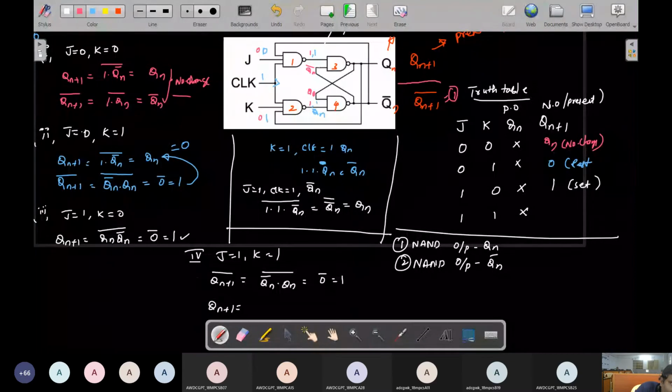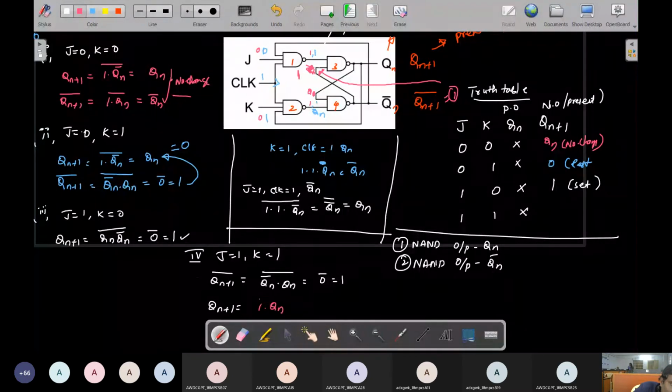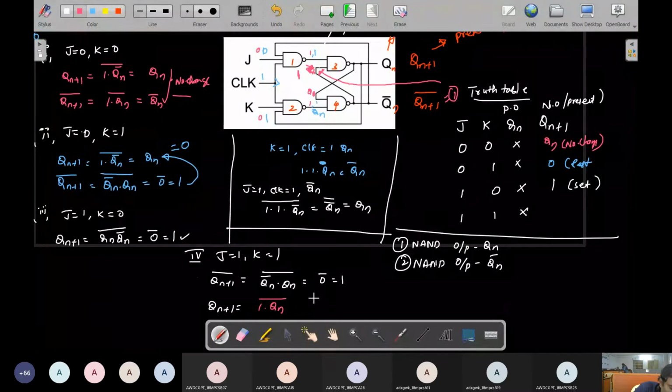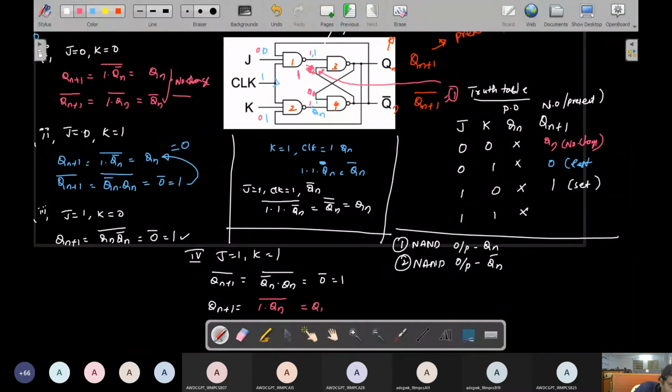Now this one will be transferred to this position. So what will happen? This is 1 into Qn bar, so this is called 1 into Qn bar whole bar, Qn whole bar. So you will get Qn bar. Okay, Qn bar. So this means, see, when your complementary port is 1, then your normal port simply